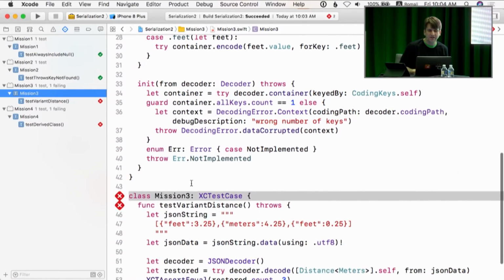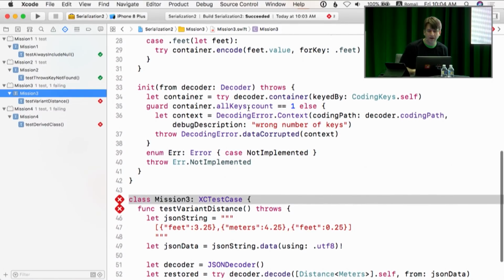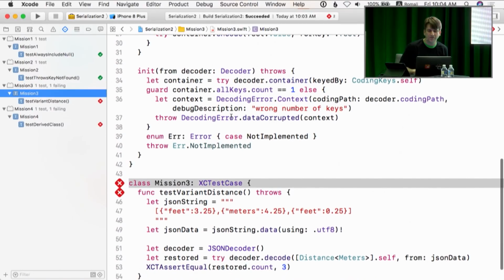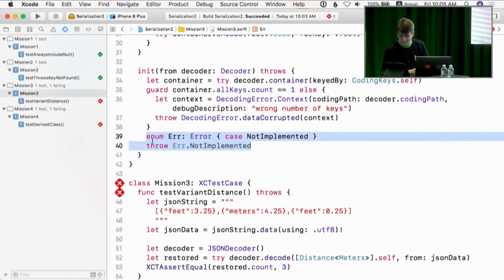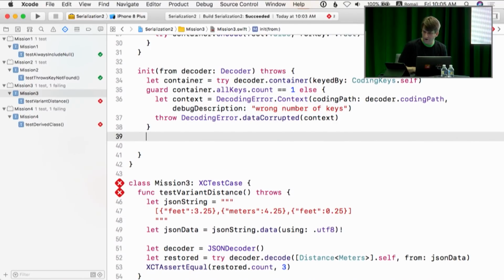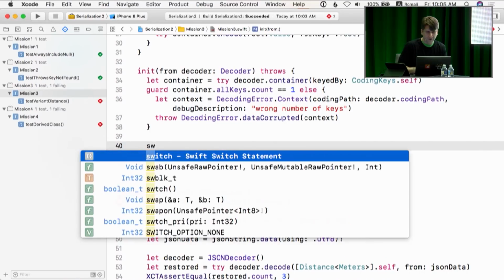And when we're decoding, we get the container as usual, get our coding keys, and then we make sure that there's only one coding key, because if it was both meters and feet, that wouldn't make much sense. And then here, notice I'm throwing a not implemented error. So it's not going to pass until we actually implement something here. So this is just a matter of going through our cases exhaustively. So I'm going to do a switch here,